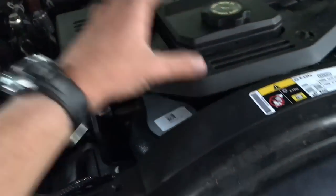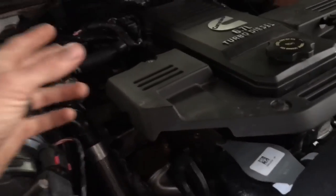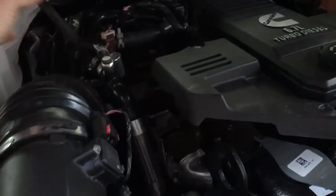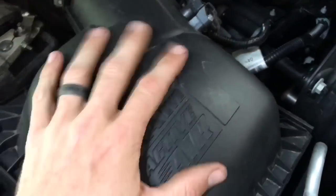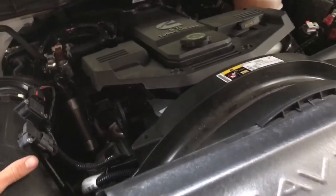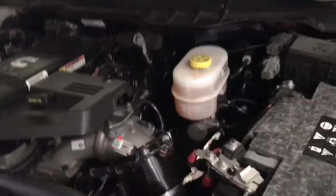And I know you have to take all this stuff off, and putting the block off plates on was easy, but getting to some of this stuff back in here was harder. We had to take the intake, the air filter and everything, just this plastic part off. But yeah, and as far as over here,